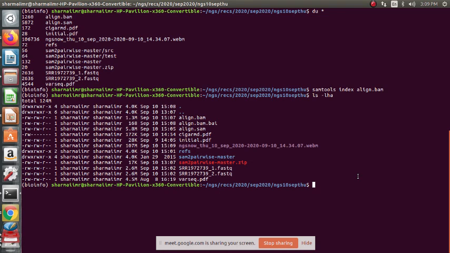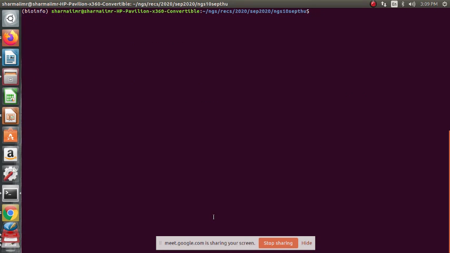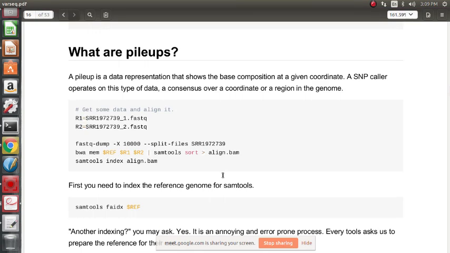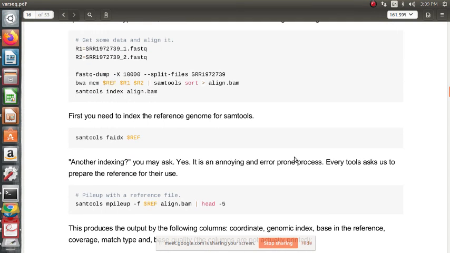Okay, so again we clear this. Now first you need to index a reference genome for samtools. So samtools index is for BAM files, but there's also samtools faidx that is for the reference. FA can be understood as FASTA, samtools FASTA index, so short form faidx.